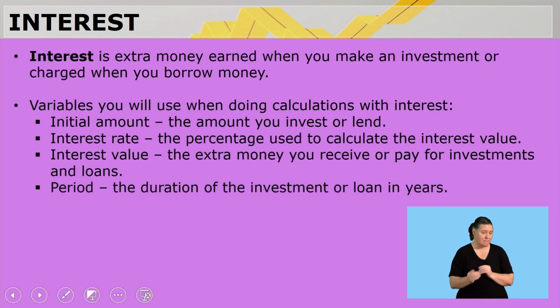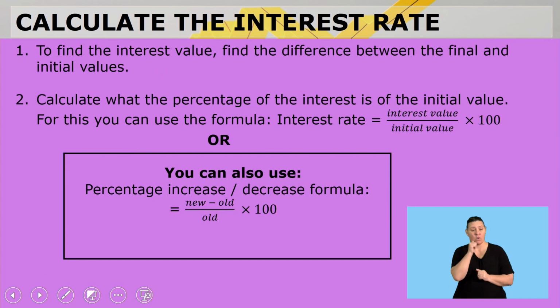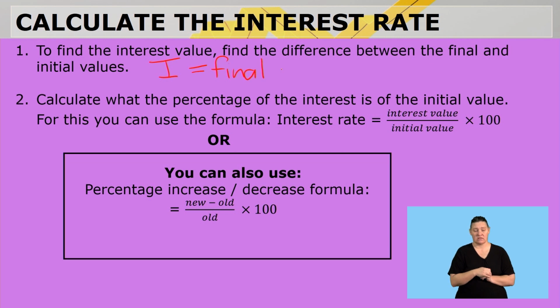The period, it's the duration of the investments or loans, always in years, please remember that. And then the total value is the lump sum at the end of the period. Now, when we calculate interest rate, there is two ways. To find the interest value, you find the difference between the final and the initial value, meaning my interest is going to be my final minus my initial